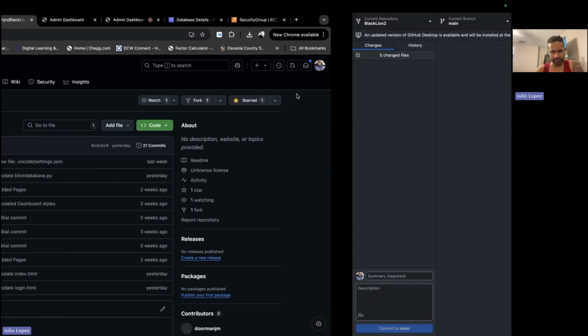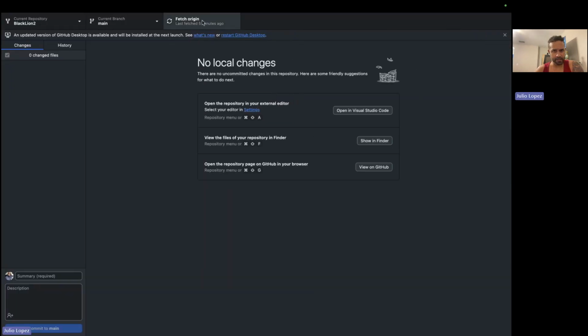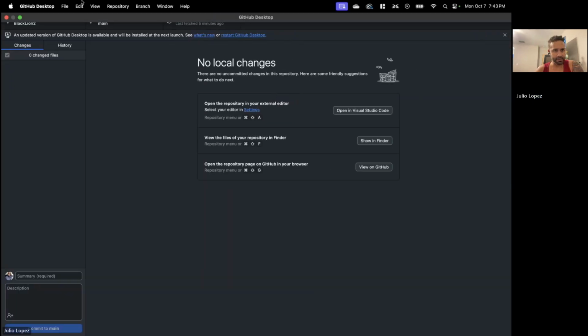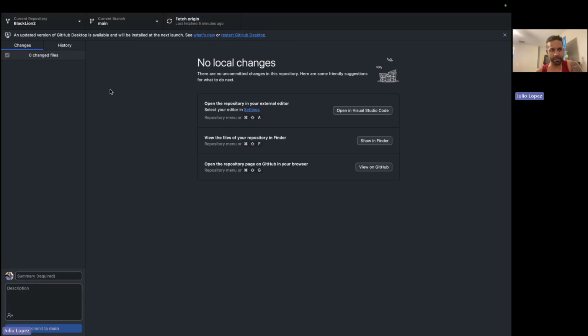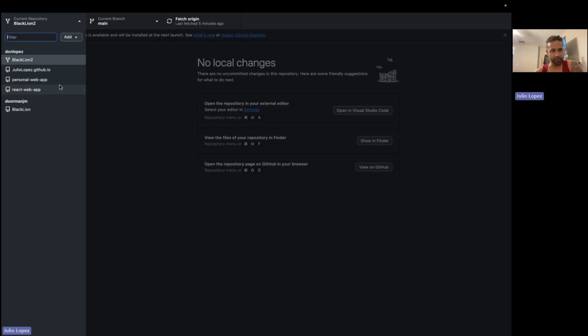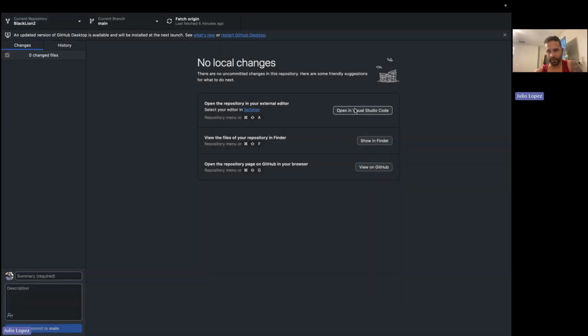Also, another tool that I started using is GitHub Desktop, which is really awesome. I can see all my repos right here and launch them directly, cloning, and from here open it directly in Visual Studio Code, or I can see the location of the project, or even view it on GitHub.